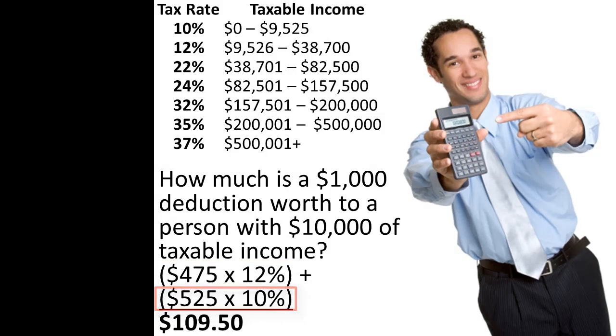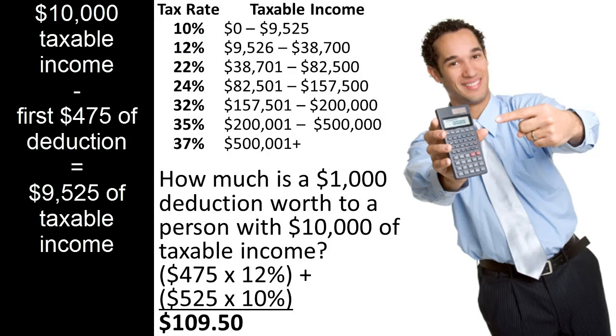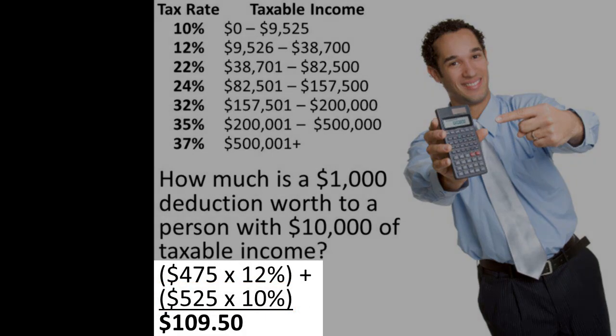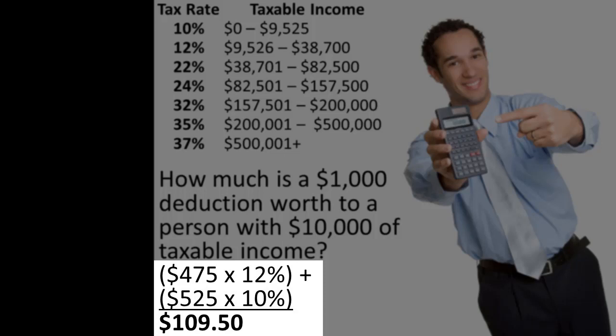As an example, consider the value of a $1,000 deduction to a single taxpayer with $10,000 of taxable income in 2018. The taxpayer begins at the 12% marginal tax rate. However, after applying the first $475 of the deduction, the taxpayer now has $9,525 of taxable income and drops into the lower tax bracket. Thus, any further deductions will reduce taxation not at the original 12% rate, but at the lower 10% rate. The first $475 of the deduction reduces taxes at a 12% rate, and the final $525 of the deduction reduces taxes at a 10% rate. The value of the deduction is thus $475 times 12% plus $525 times 10%. That, all added together, equals